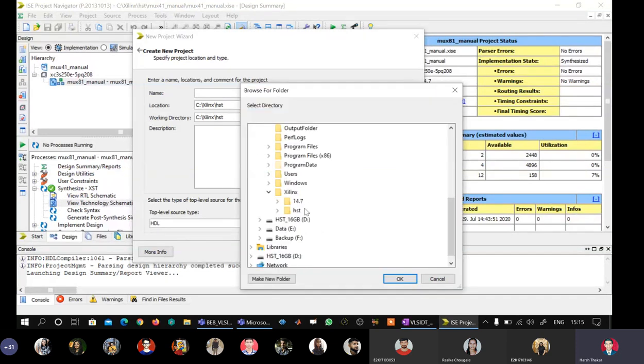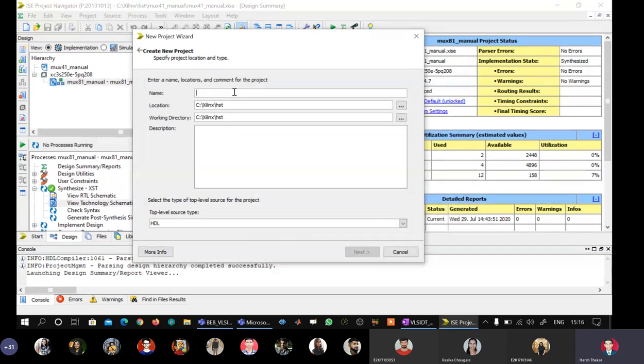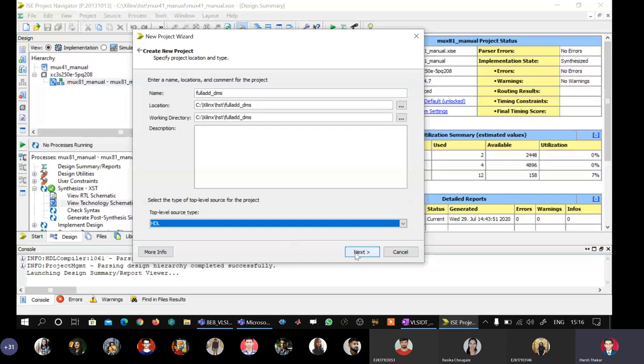Okay, C:\Xilinx HST. Yes, and I will give the name full add underscore DMS, indicating I am going to use data flow modeling style. I will do Control A, Control C, and then top level source type is HDL.